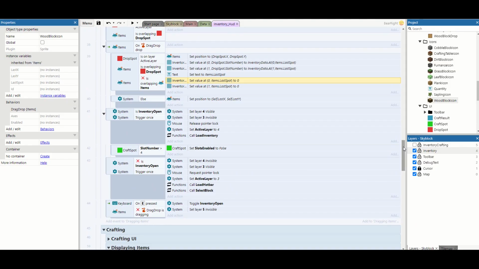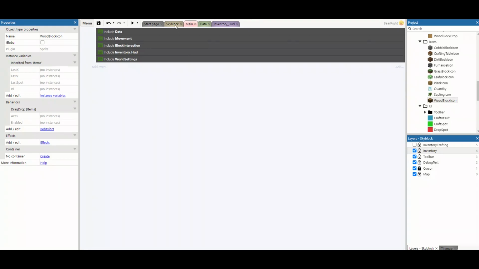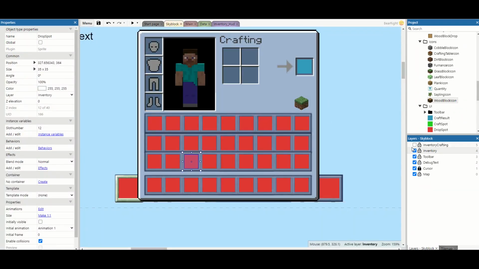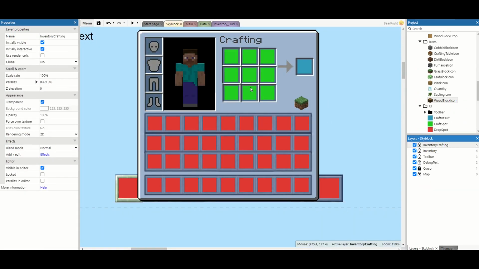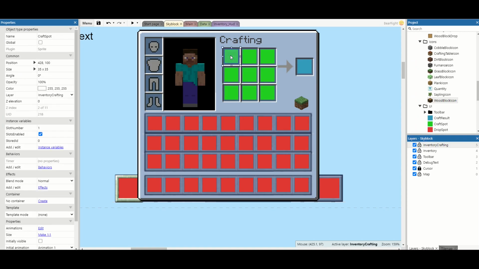Final thing we're going to move on to then is crafting, and crafting has some issues, but the main part is quite simple compared to some of the other stuff we've looked at today. So I'm going to go back into the main Skyblock world, and if I put on this tab here, you'll see these green squares. Now these green squares have numbers on them, they have slot numbers, just like we've had with the inventory, and this is a way for me to tell which item is in which slot of the